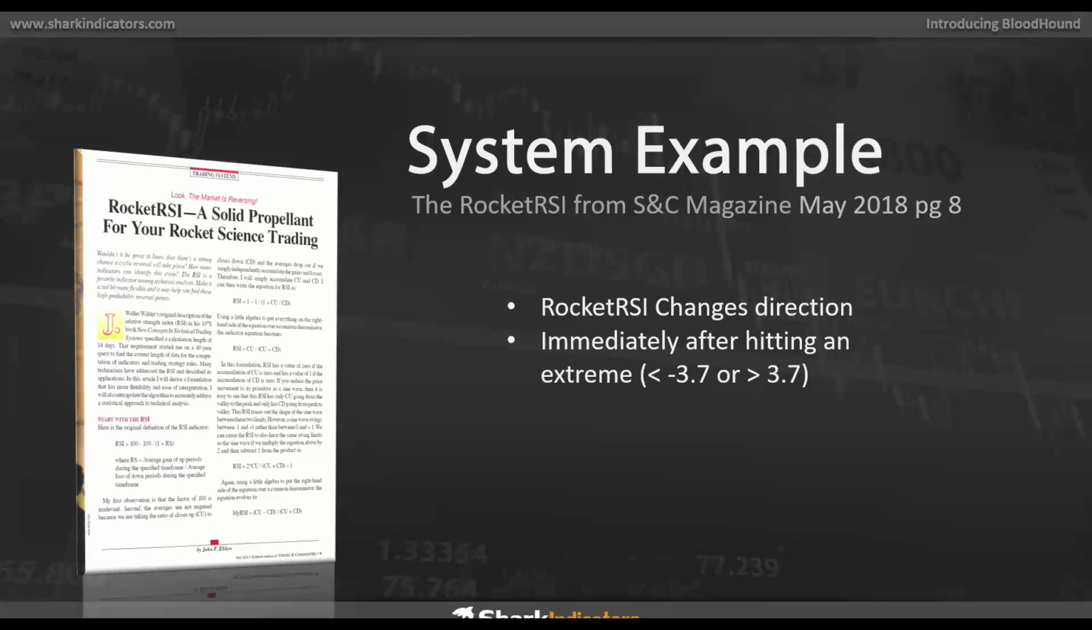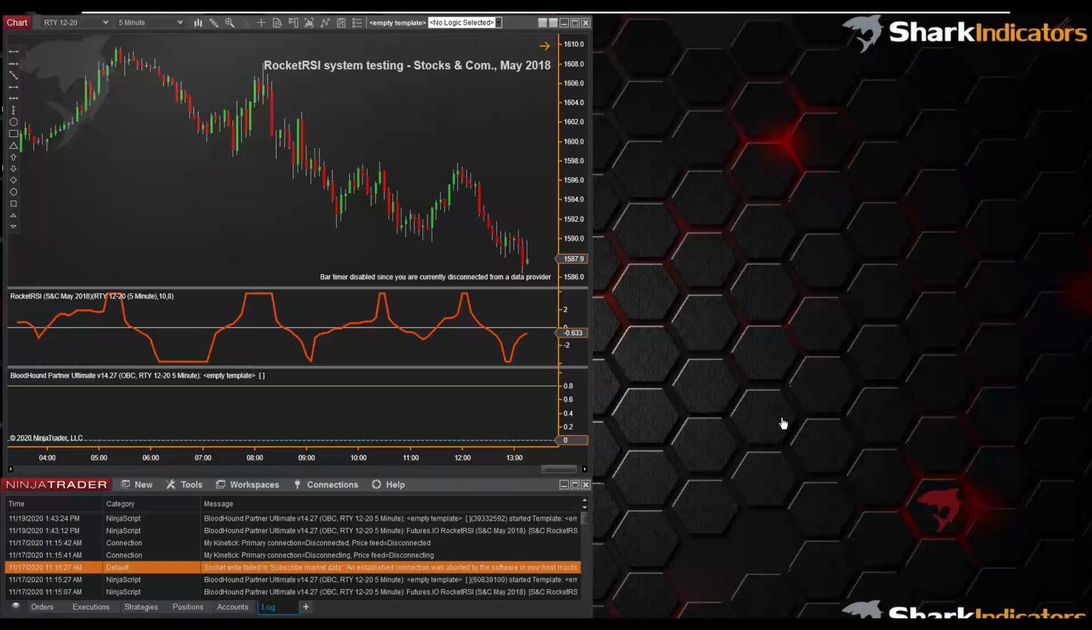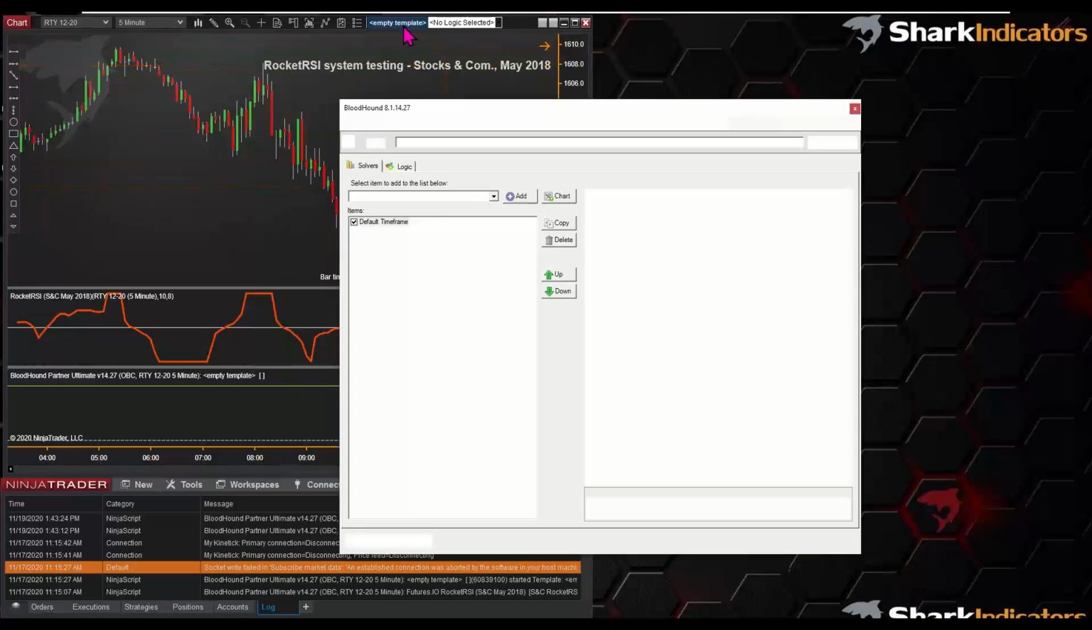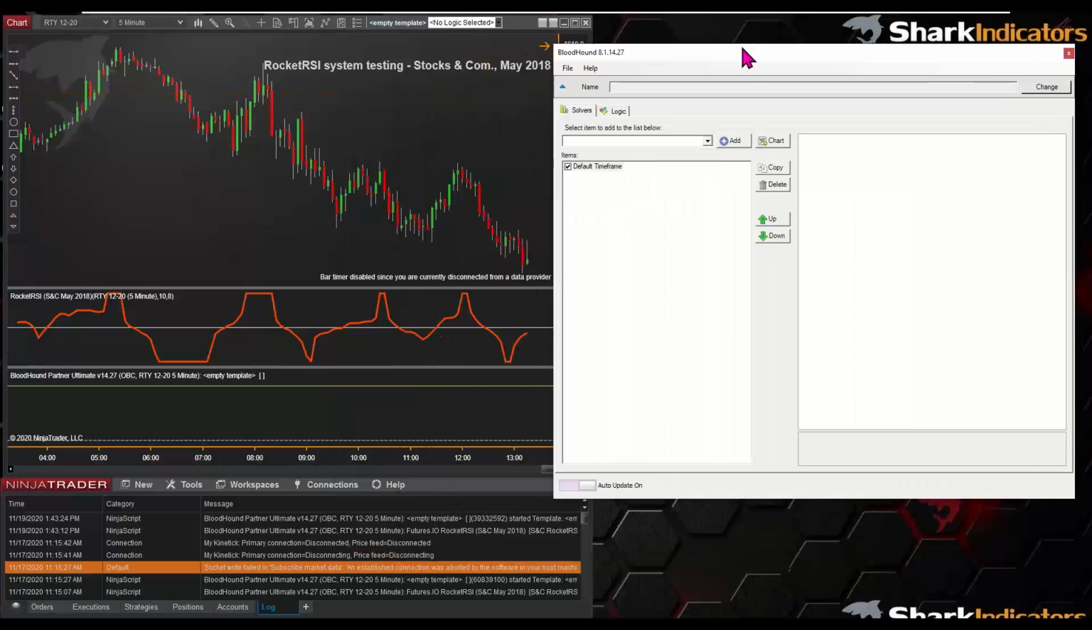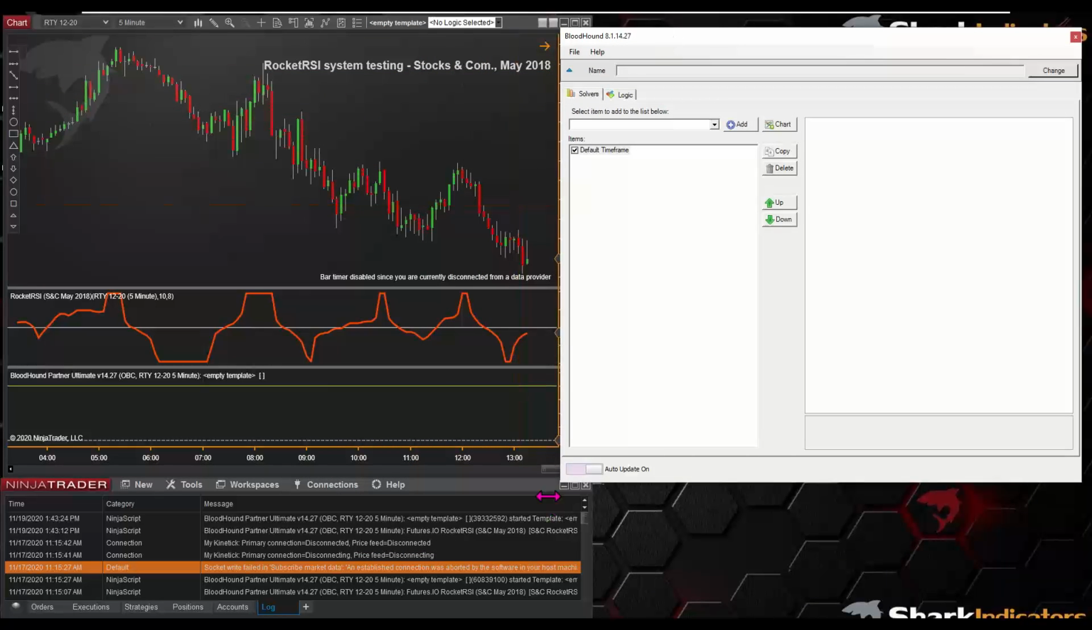Now, just to be sure, we're not advocating in any way this particular system, nor do we as a company advocate any particular trading style or system. This again is just an example to show you how to build an auto trader so that we can backtest with it. So I've got on my chart here